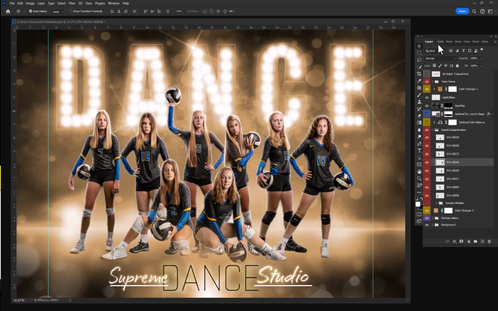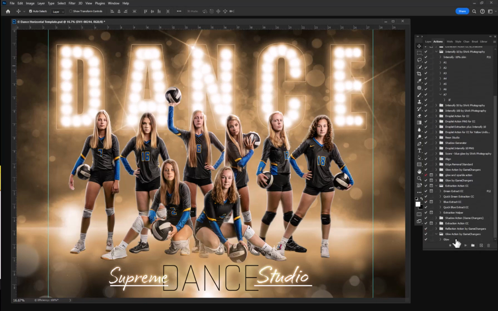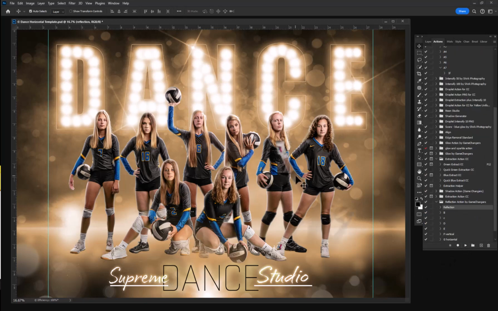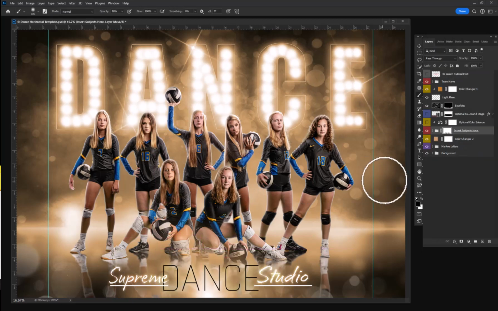So for example, I'd go to my actions palette, and in the download it'll show you how to load these actions. I'm going to go to my reflection action and hit play on that. I simply move it to where it fits. Something like that, and I do the same for the rest of those girls. Something just like that. And then of course, if you didn't want to spend the time making those reflections, you could easily add the center stage,